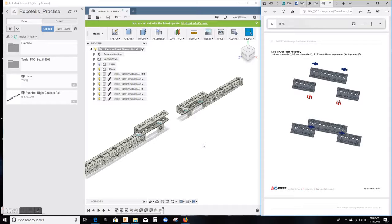Alright, so now in this third video we are going to start building the crossbar assembly, as you can see in the picture here on the right. Very simple assembly, just 3 channels and need to make 2 joints. So let's get started. Last time we made the left chassis rail and the file name was Pushbot right chassis